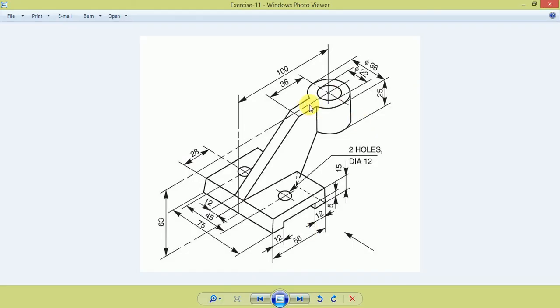Now draw this rib. One end of this rib is connected with this edge, and the second end is the top of this square.